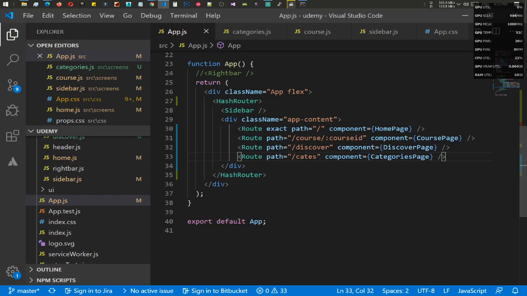If we can add the exact match, exact path, great. So now we need to add